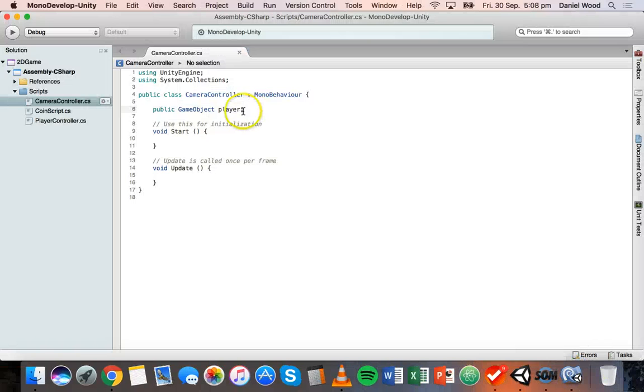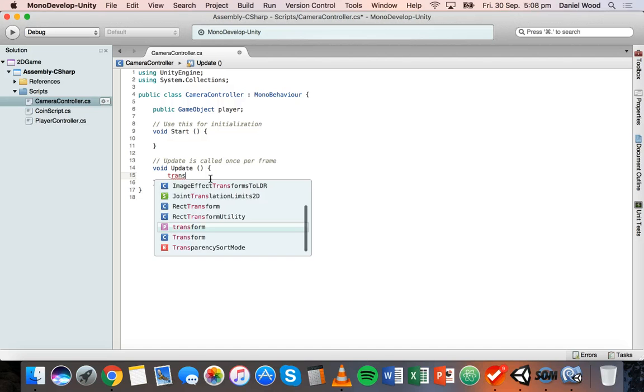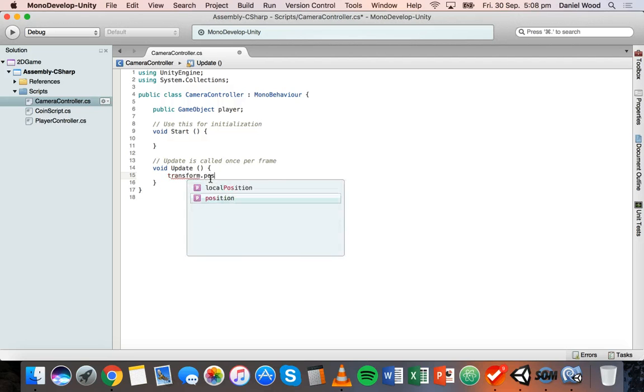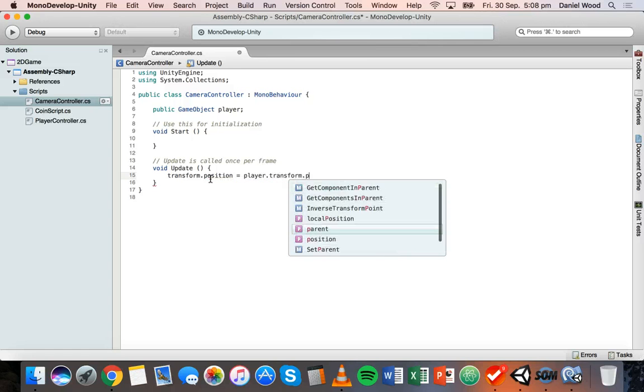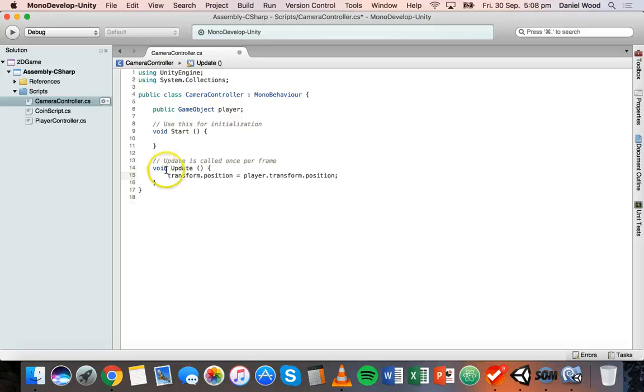Now in the update method, we can go and add a line. What I'll do is I'll show you one method. We can say transform.position equals player.transform.position. So what we're saying is make the position of the camera that this script is attached to equal to the position of the player. So if we use this method,